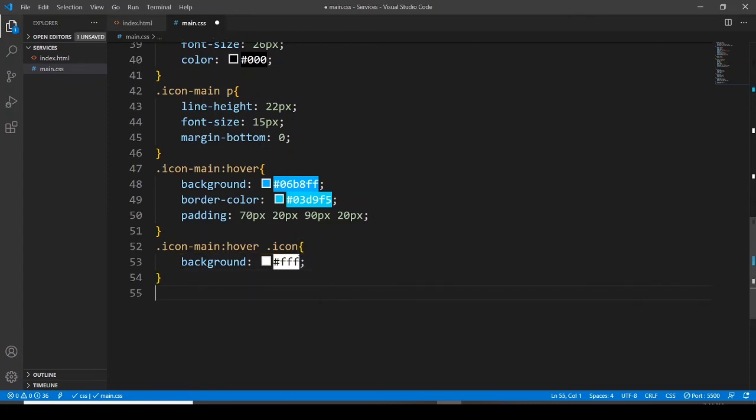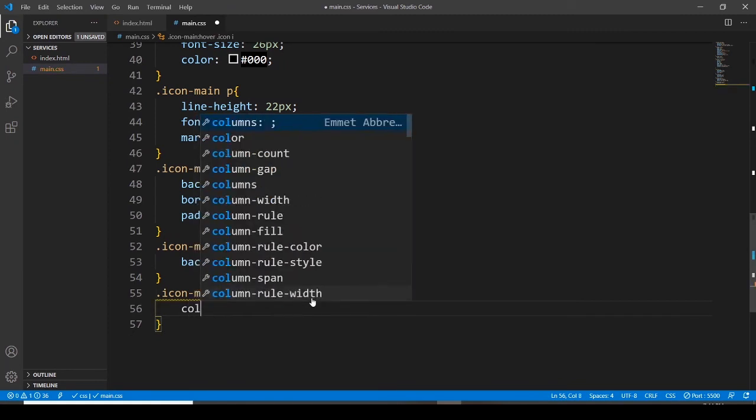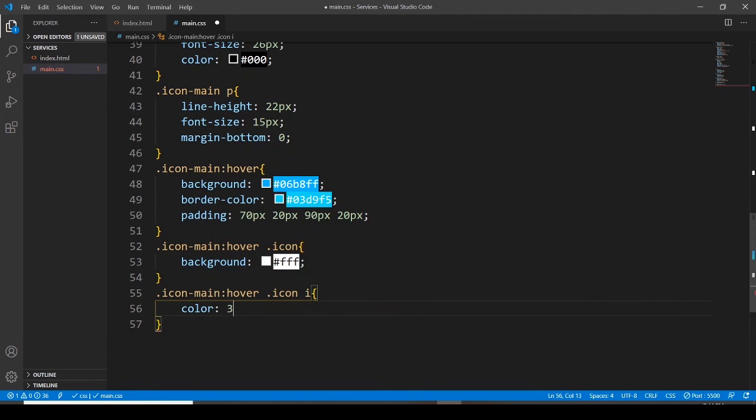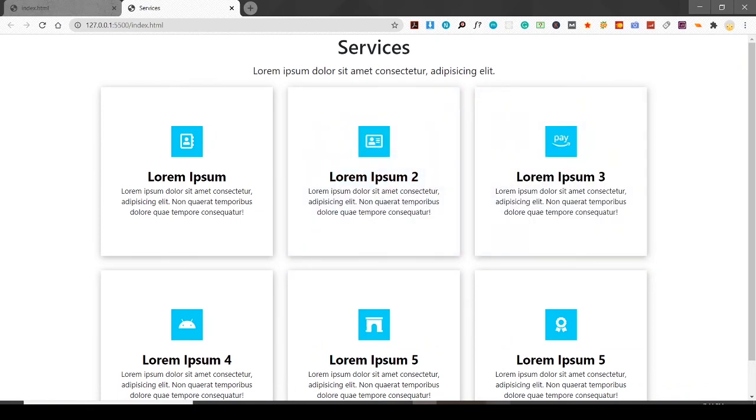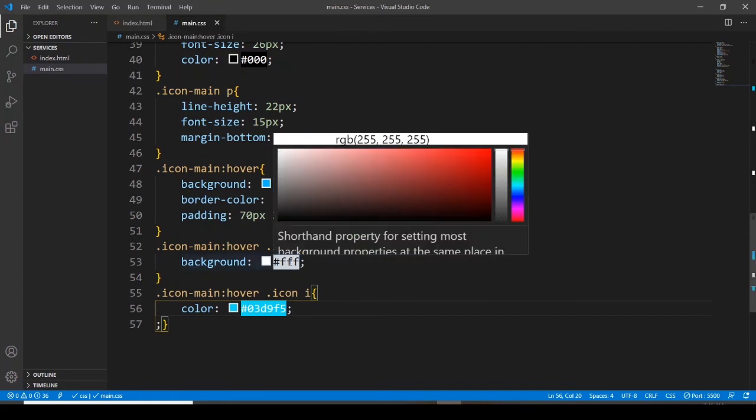I want to get the same selector here, this icon and icon main. Let me copy this, paste it here, and I just want to go with the I element. And for this I element, I want to use this 03D9F5, and let me have it, and let's move on to the browser first. Let's see. Okay, but I should change this color,